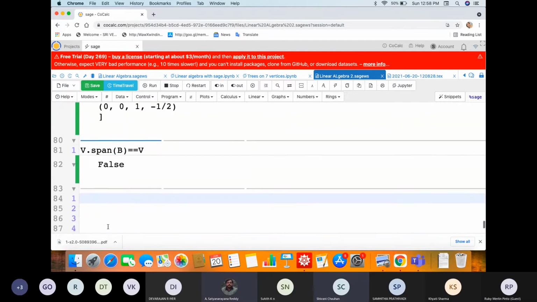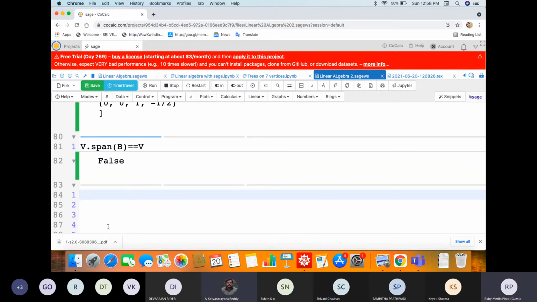Ruby, you want to ask some question? I was trying with the basis. I tried finding the basis matrix and it gave me the identity with the standard basis. How can I find a different basis, if I want a different one? It will give the standard basis only. I'm not sure it can give other bases also.